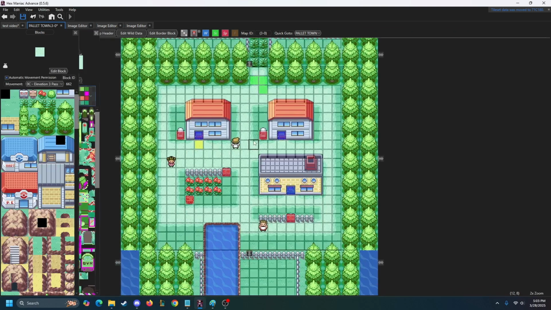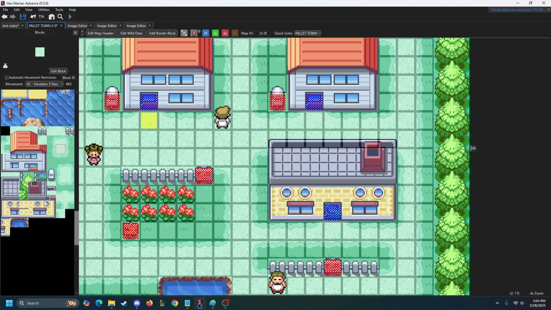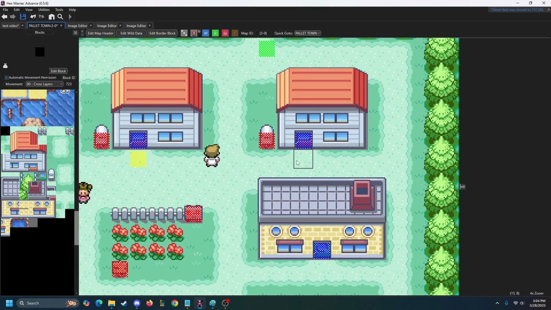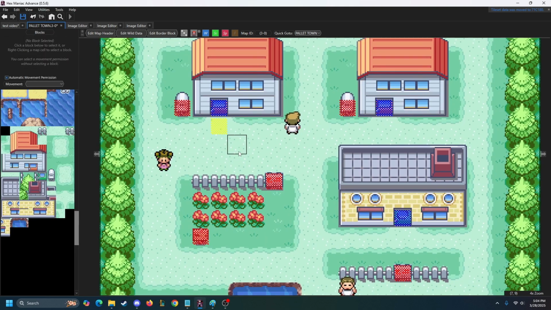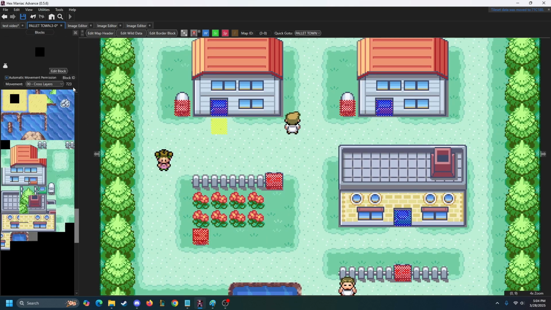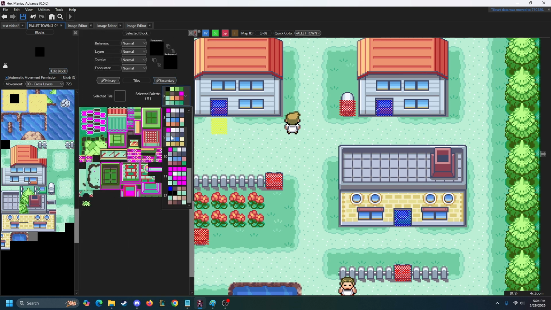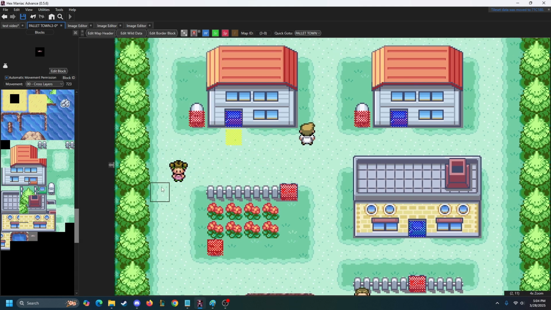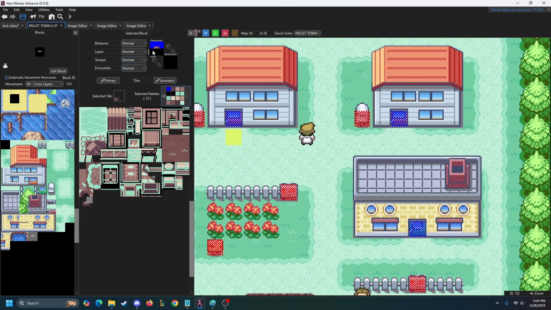So then you can go back to Palette Town, and if you click on any of these open blocks, sometimes you have to go through a warp to reset it. Click one of these open blocks, edit block, and you're going to scroll down to the palette set, and you'll see this dirt splotch. Now, just by itself, this isn't a block or anything, so you're going to have to select each little piece, because tiles in GBA games like Pokemon are separated into 4 separate little blocks. So you're going to build your tile out of those blocks,